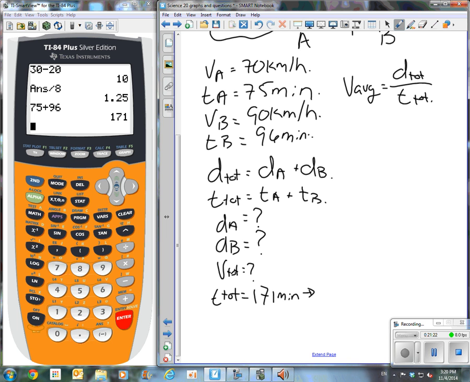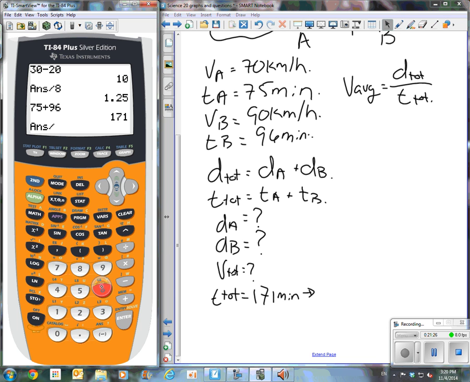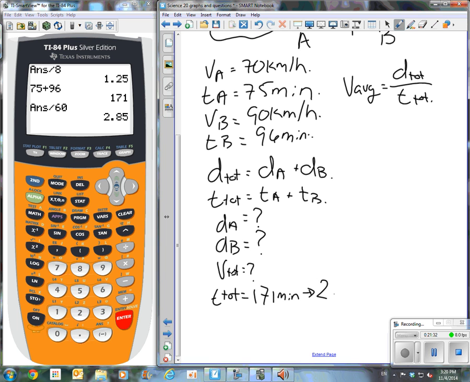I'm going to convert those to hours. So in order to convert to hours, I'm going to divide that by 60, because there's 60 minutes in an hour. So I get 2.85 hours is my total time. Now I need to figure out the